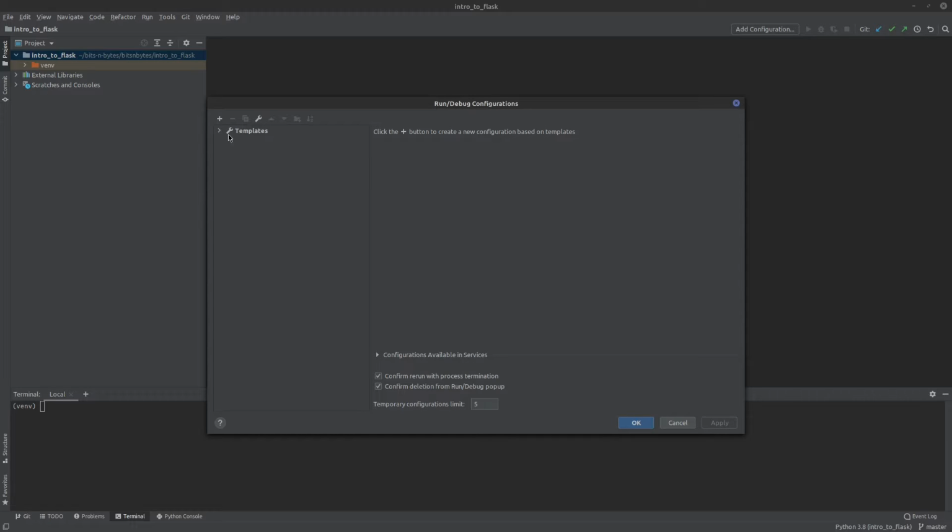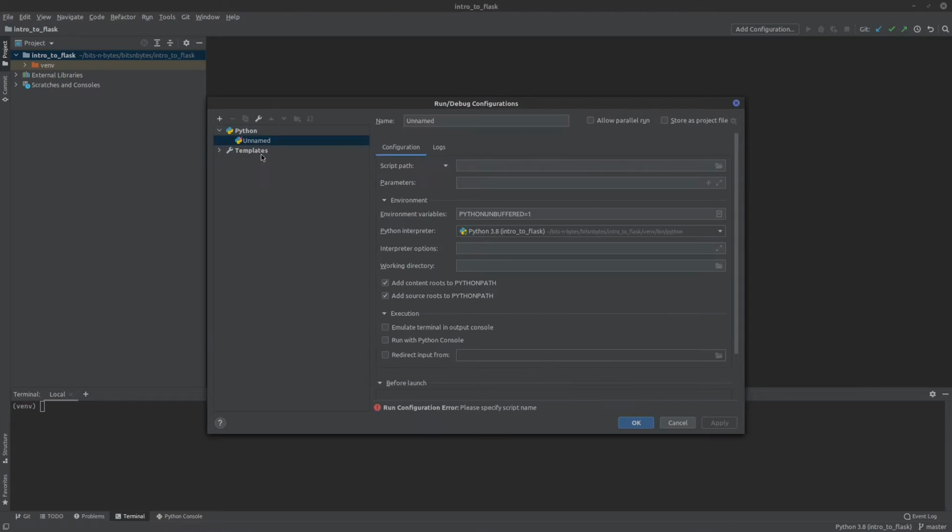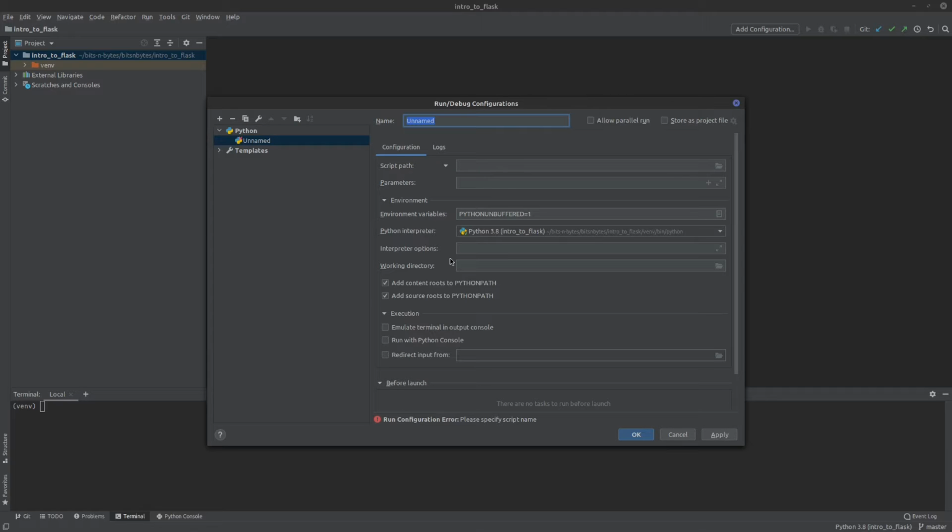So we go to here and then we click Add. And then we'll say Python. A configuration allows you to set up your Flask application so that we can execute it and debug it right from our IDE.